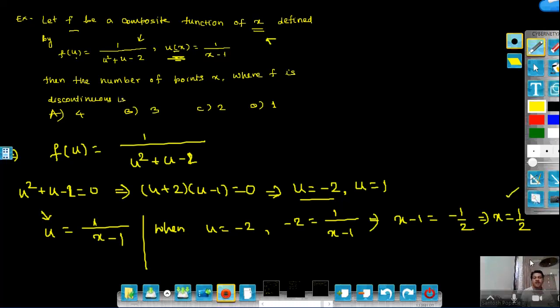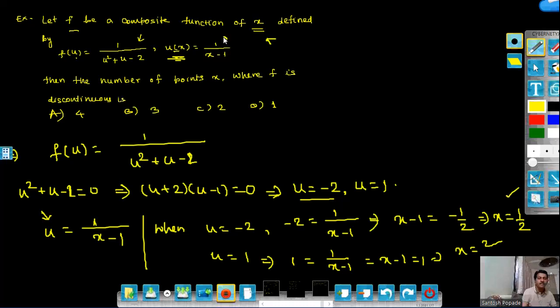Means when u is minus 2, I have calculated x using the formula for u and that comes to be 1 by 2. Now let us find the second value of x. When u equals to 1, I should find, it is not needed. While solving a question from JEE, you have to just find the number of points. So clearly it is 3. So I am just giving this solution. If it is asked actual points, then you have to solve these further cases. Otherwise, if it is asked to find only the number of points, then you can directly write.